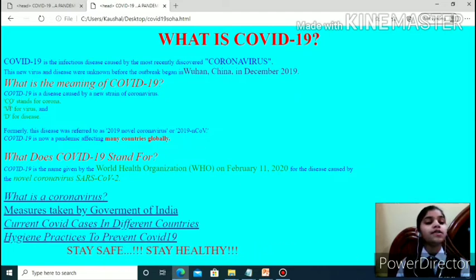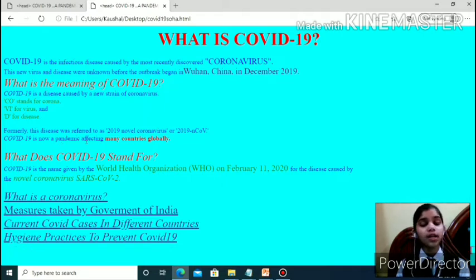Acronym of COVID: CO stands for corona, VI for virus, and D for disease. COVID-19 is now a pandemic, affecting not only India but also many countries globally. COVID-19 is the name given by the World Health Organization (WHO) on February 11, 2020 to the novel coronavirus.